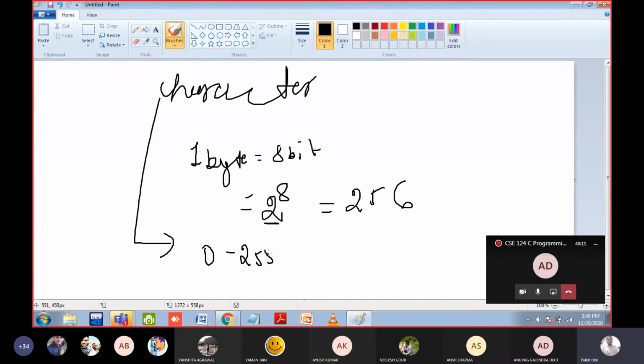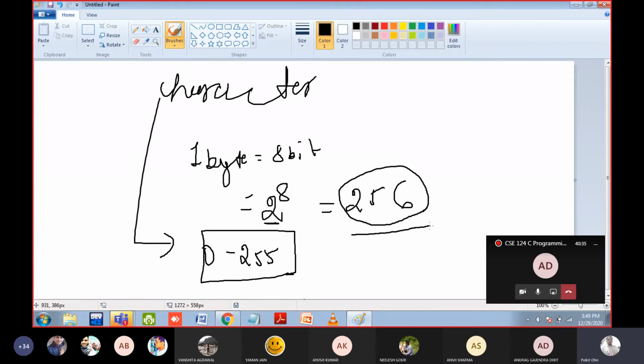First of all, I think you all have understood that the maximum number of values you can have inside a character data type is 256. But the computer counts 0 also, so you can only store numbers from 0 to 255 in a character. And why are 256 characters there? Because you can see in the ASCII table, American Standard Code for Information Interchange, only 256 characters are there. Similarly, in a character data type, maximum you can store 256 characters, and the locations are from 0 to 255. I hope it is clear.